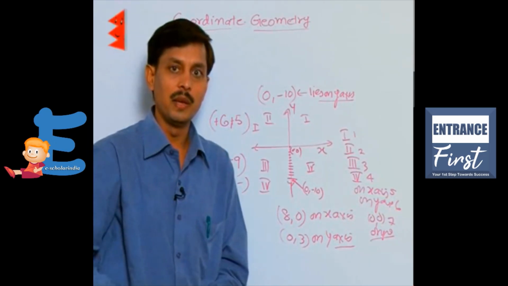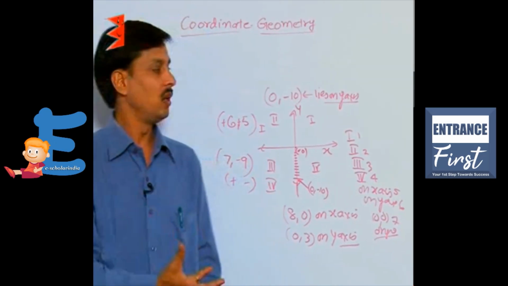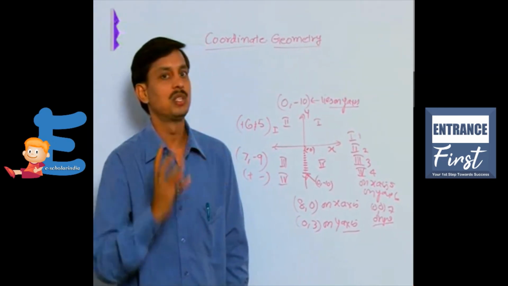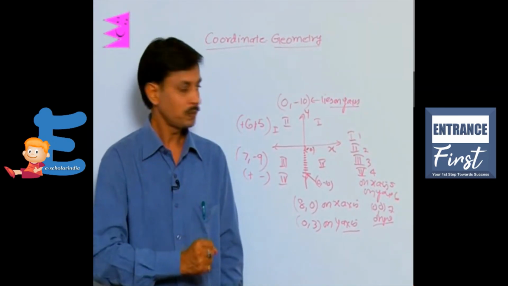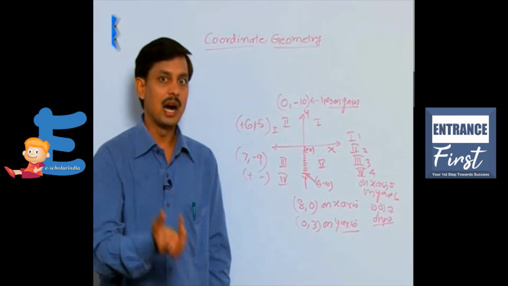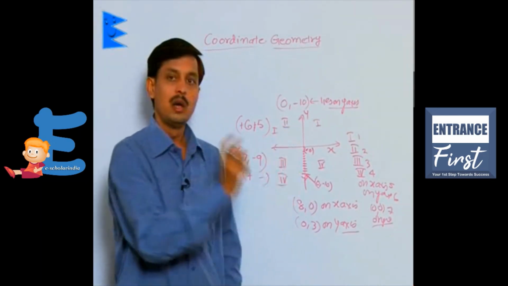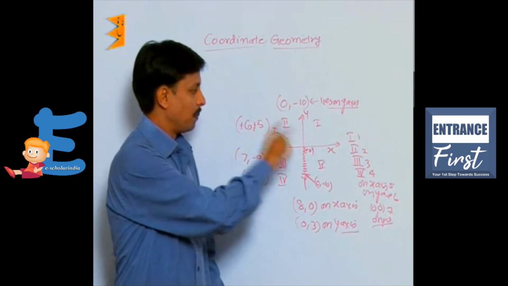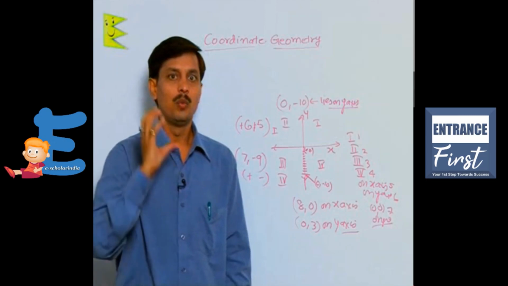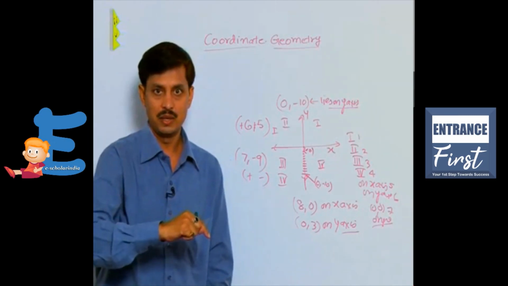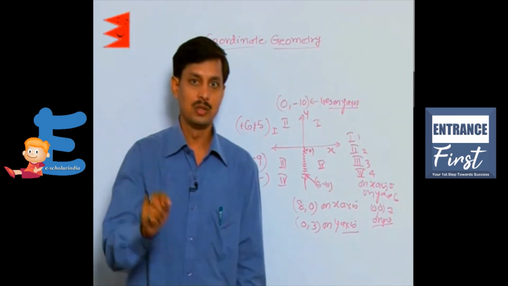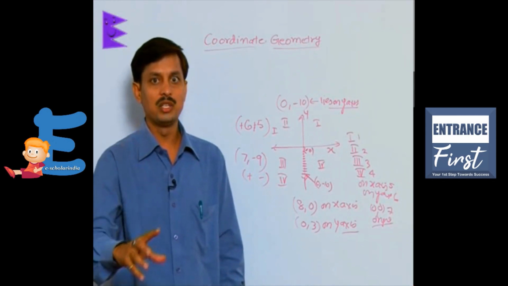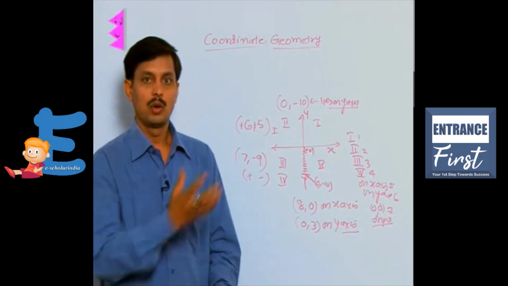So ultimately, what is the purpose? To tell you that a coordinate is the combination of the set of values of x and y, and at how much distance from the origin the point lies is known as its position. As per the sign, we can classify their quadrants. If x is 0, it lies on the y-axis. If y is 0, it lies on the x-axis. If both are 0, it lies on the origin.